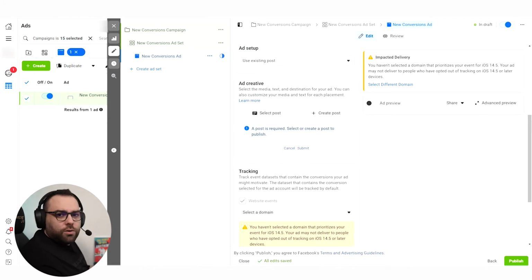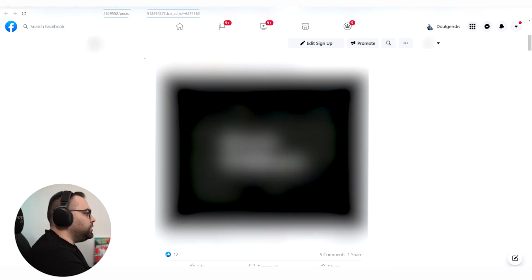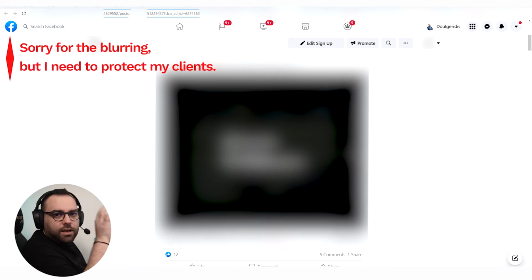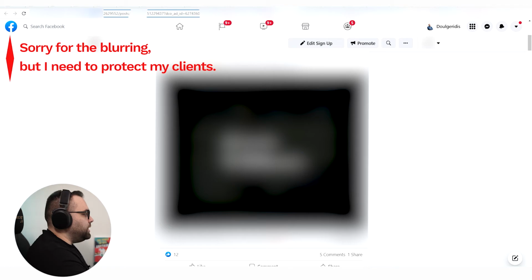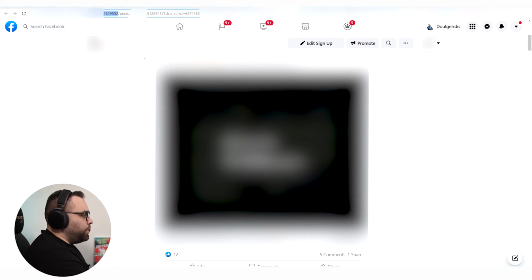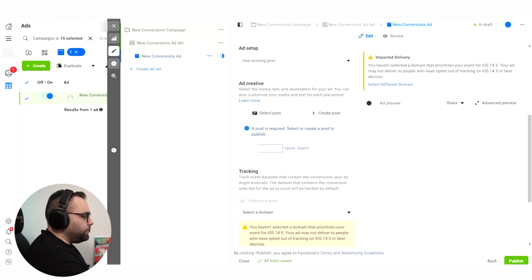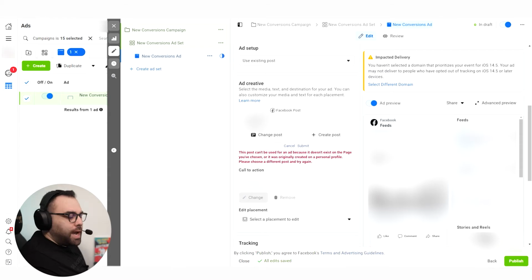So if you're on your page and you have your post ID, you can go to your page and you can click on top, and you can see on the URL that we have two numbers over here. It's this one and this one. I'm strongly suggesting you to put both. One of them is not going to work. I know which one it is, but I'm just saying it's going to be easier for you. You might go and you might check the ad ID, and you're going to put it here and it's not going to work. You can do nothing about that, okay? You cannot use this post.